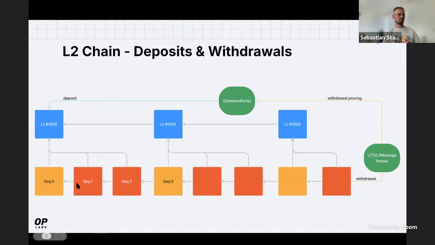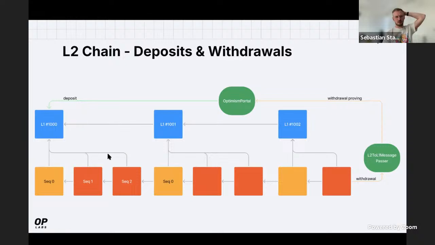And then all the other blocks are just pointing at each other as normal in a blockchain, but they all reference the same L1 origin. The deposit also has a very important mechanism because it allows anyone to force, so to speak, a transaction on the layer 2. If the sequencer were to censor a transaction, you could still force that this transaction is included by depositing it, because every other chain that is validating is also validating that the deposit transactions have found their way into the first block. So this is basically how you solve the censorship problem in this